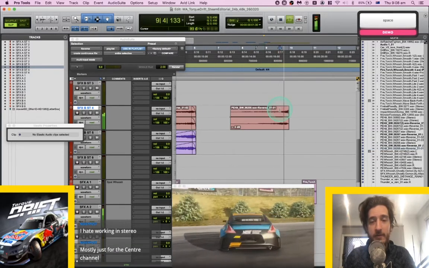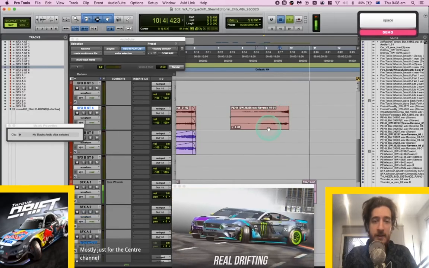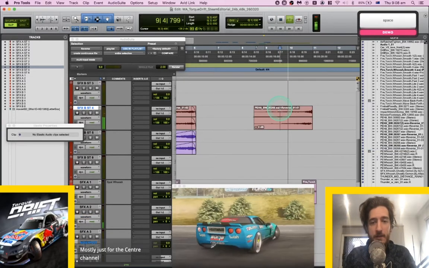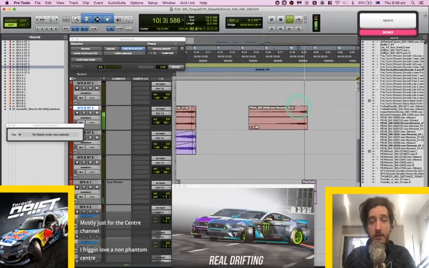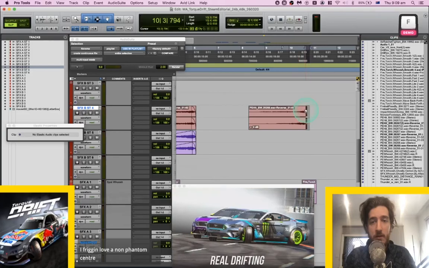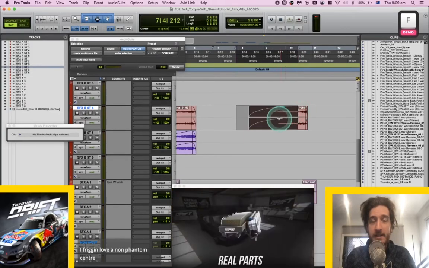Yeah, fair enough. Yeah, actually having a center instead of having an invisible imaginary center certainly does change things.